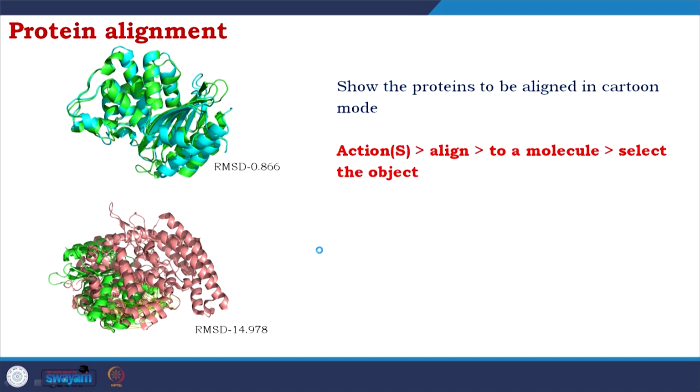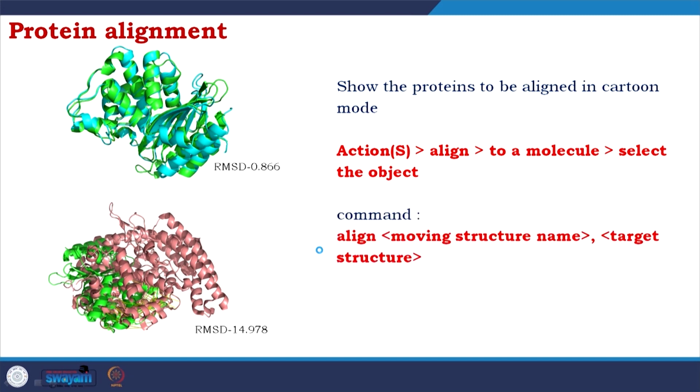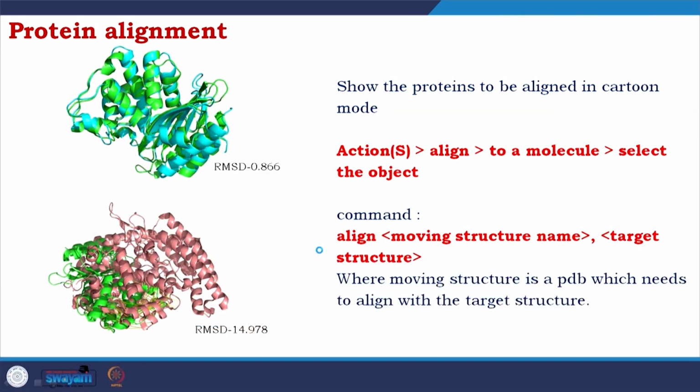to a molecule, select the object, then you have to put the command align moving structure name, target structure. So, align first the structure which has to be moving and then the structure which is being steady. So, first the moving structure, where the moving structure is a PDB which needs to align with the target structure. So, I will go to the